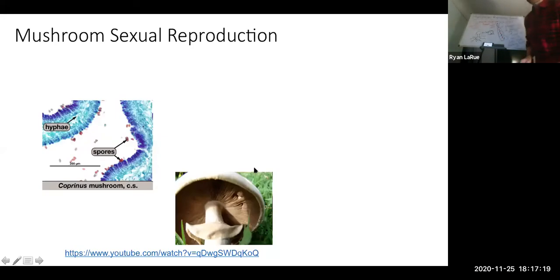Okay, so check it out. This is under the microscope, just to show you spores and the hyphae of this mushroom. But I have a picture of underneath the mushroom, because that's where the spores are produced.